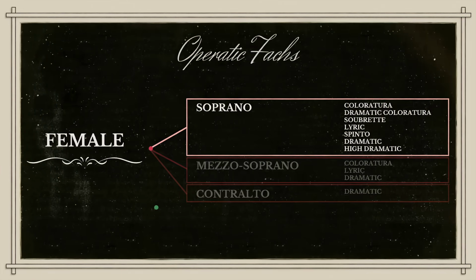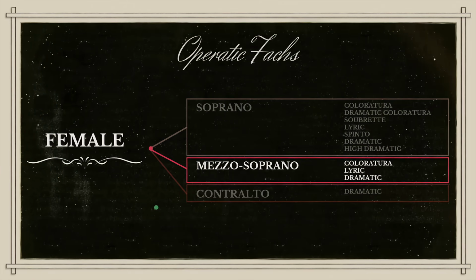And sopranos, you're done. Get out of here. Let's move on to the mezzos with a much more manageable 3 divisions of voice types. First, just like our sopranos, we have the coloratura mezzo-soprano. Now, mezzos in general will have a lower voice range. That's why they're mezzos and not sopranos.